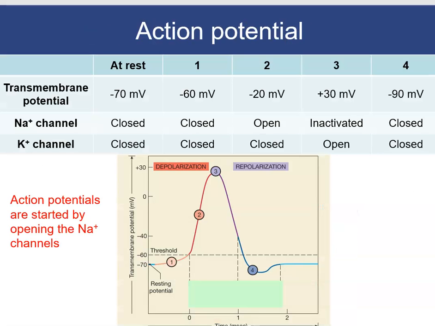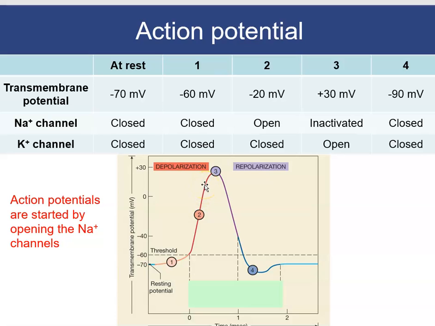This is another way of looking at the different steps. So again, at rest, we are at minus 70 millivolts, the transmembrane potential, and both gates are closed. They're not locked, they're just closed. When we hit threshold, which should be minus 50, sodium channels are still closed, and so are the potassium. It takes a little bit more to push those gates wide open, and then sodium starts to rush in, and